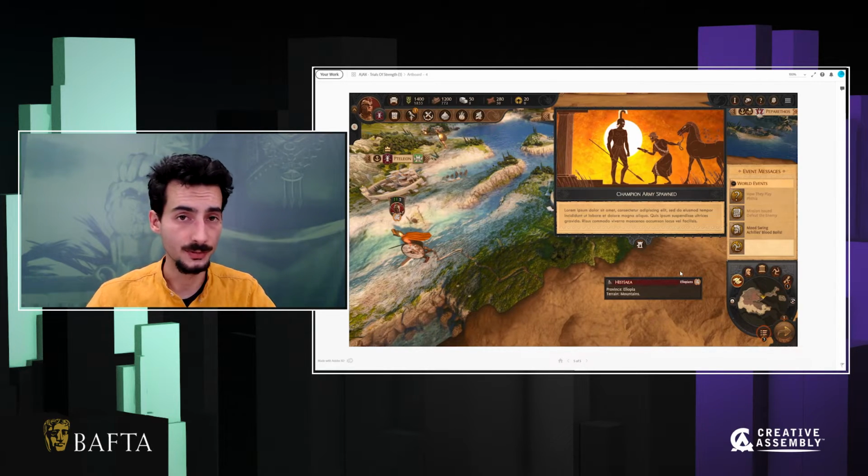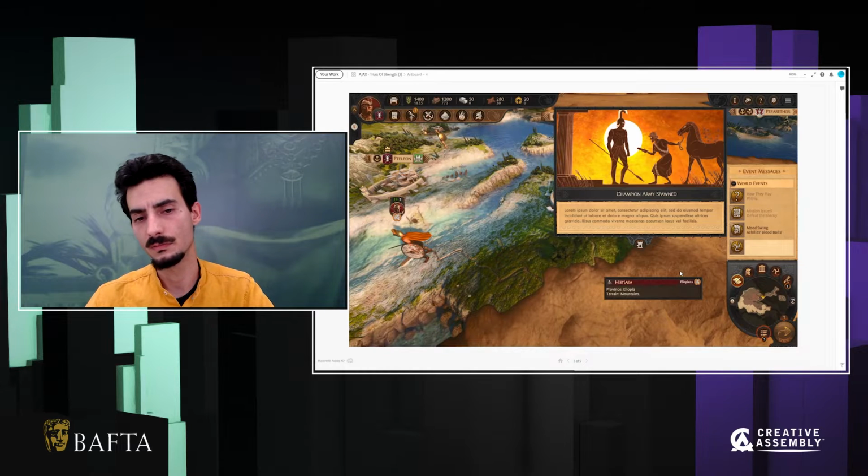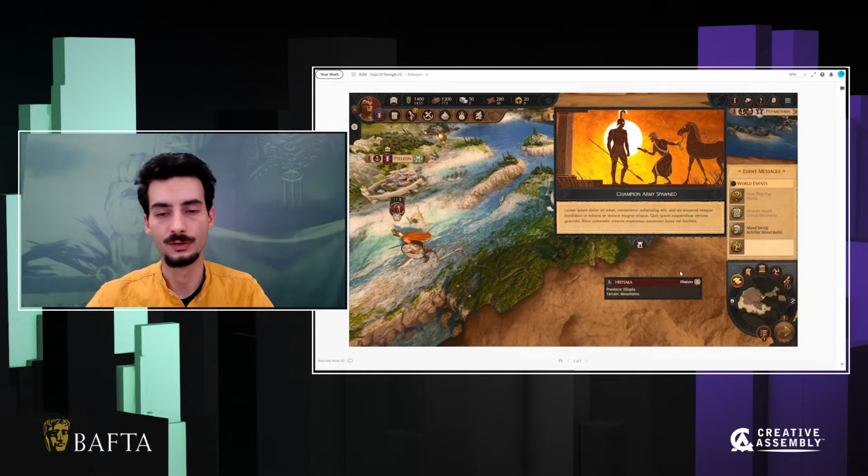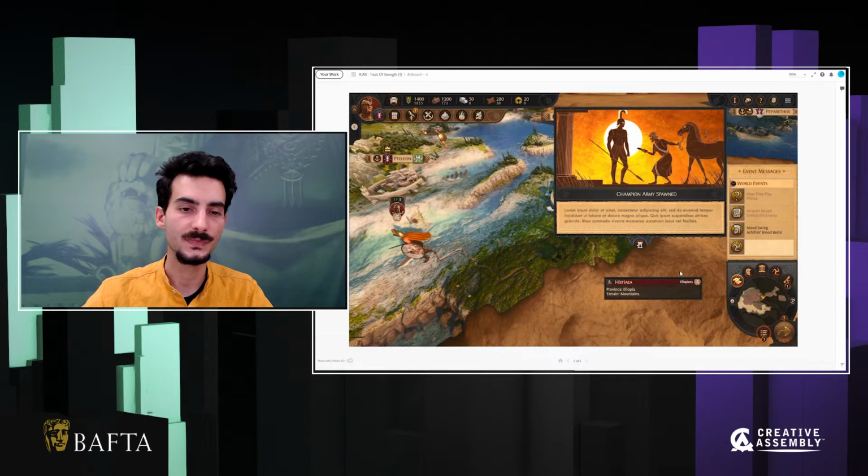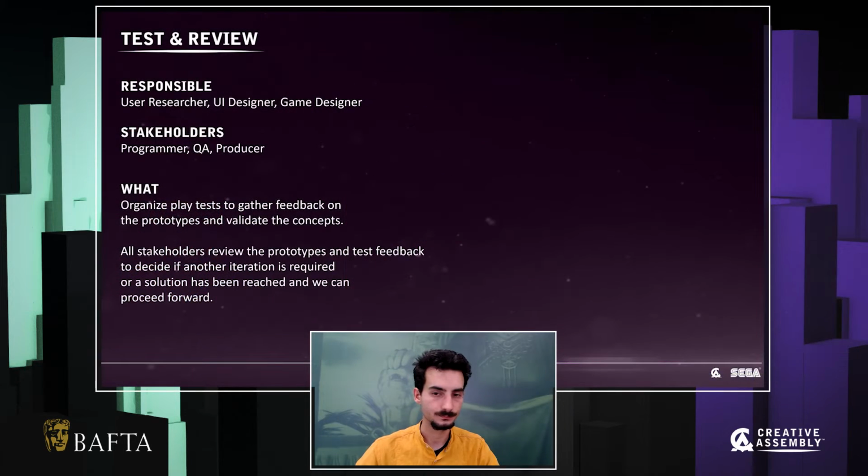Now, after the prototype is done, and we've done a little bit of iteration on it after we've discussed it internally, by internally I mean inside the UI team, we move on to the next stage, which is the test and review. Now, test and review is kind of like a milestone stage during the pipeline. Two important things happen here. First off,